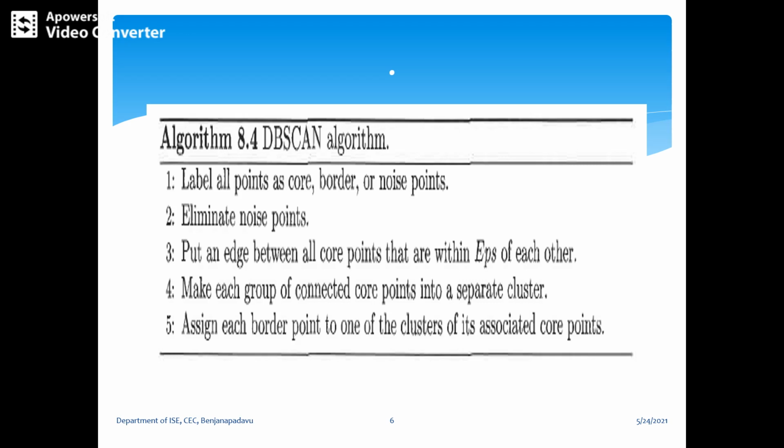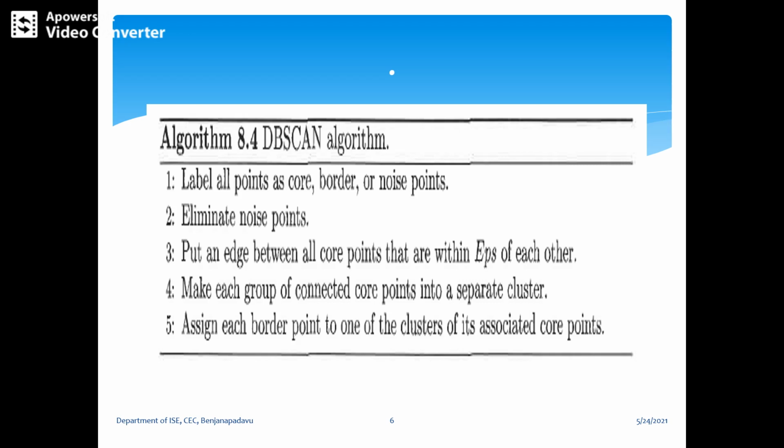The size of the radius needs to be drawn as per the given value, I think it is 7 or whatever. Based upon that, we decide core, border, and noise points. A complete circle will be taken.